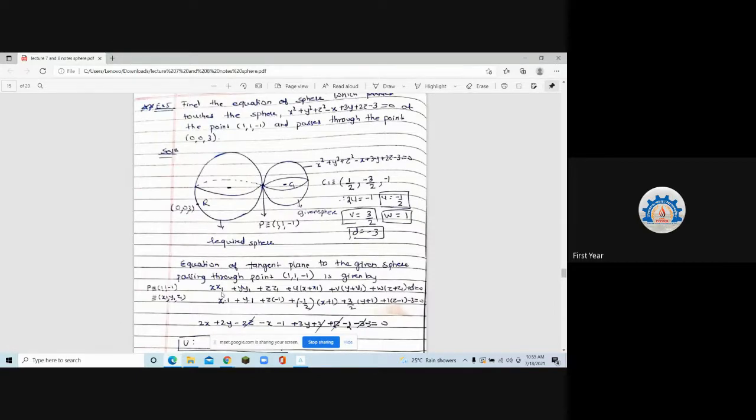x x1 plus y y1 plus z z1 plus u times (x plus x1), that I revised today in the morning, correct? Do I know x1, y1, z1 from here? P is (x1, y1, z1), correct? Yes, right. And I know d because I know the sphere. Is that okay? So others also, not only these 3-4 students, are others understanding or not?